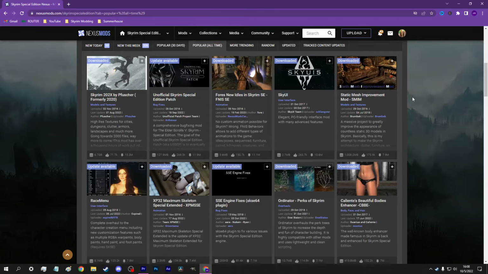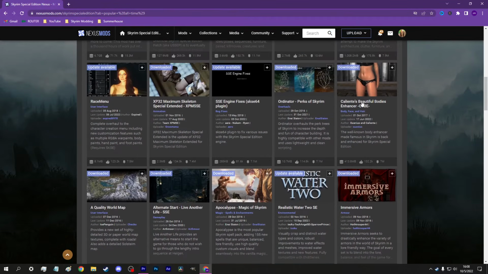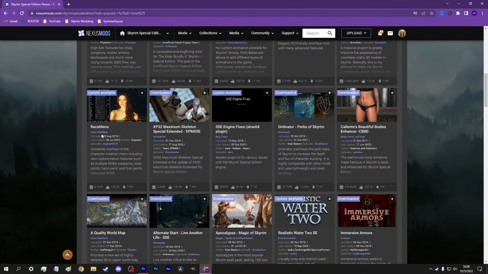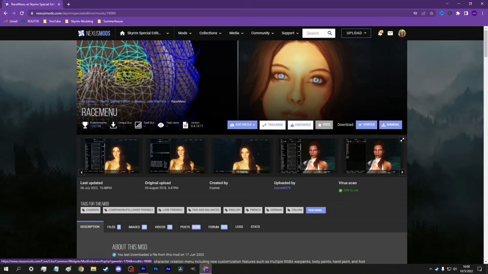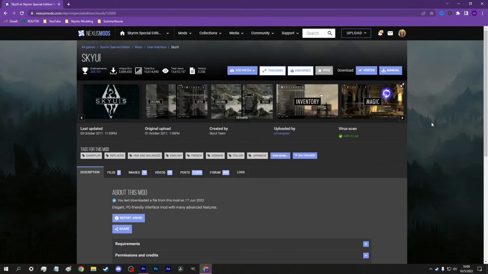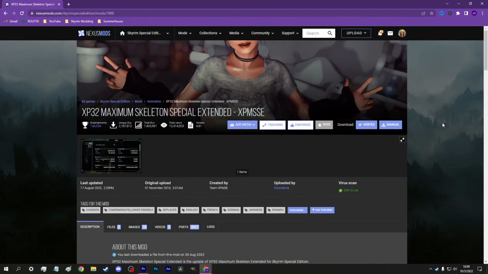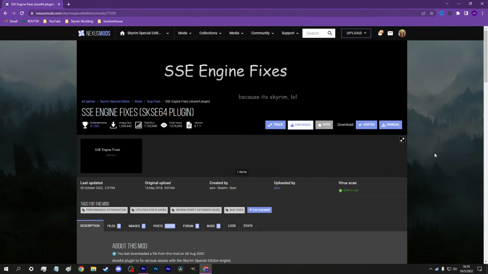Defective or corrupted mods. The problem could lie with a mod itself that you have enabled. Here are some examples. Mods that have not been updated for use with the latest version of Skyrim or SKSE. Always check the mod page for when it was last updated, and whether it has any compatibility issues with the game or other mods. I also suggest checking the forum page because you might see others writing about the same problem. SkyUI has been a huge culprit for this recently. Keep an eye on mods like RaceMenu, Console Utility, Papyrus Extender, XP32 and SSE Engine Fixes, as these